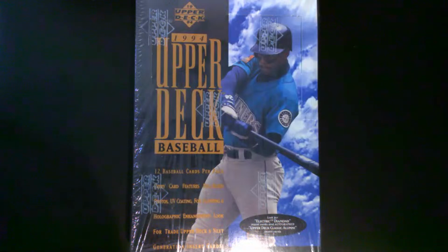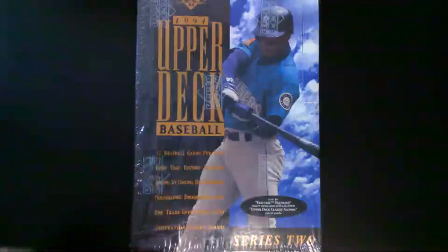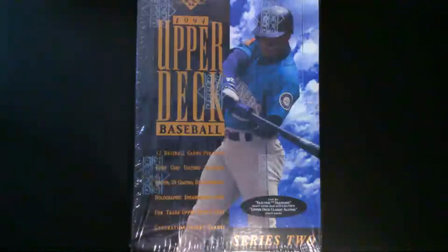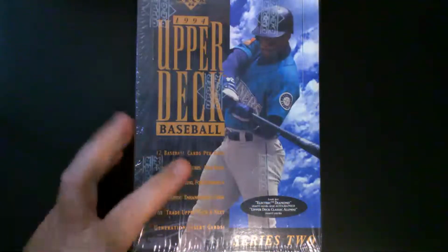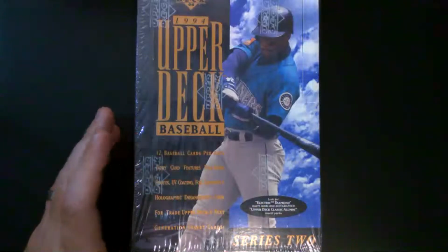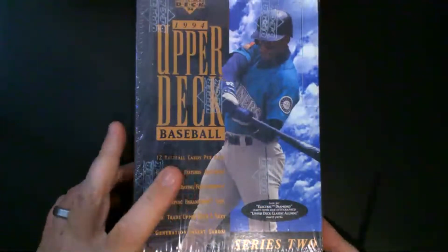Upper Deck tried something in '94 where they had Central, East, and West divisions or whatnot, and the cards were specific to those regions. So the big card in 1994 in Upper Deck was Michael Jordan, and he was in the central boxes, whereas in the eastern boxes you didn't get quite as much. So that idea kind of fell flat, not only with fans but with the actual hobby shop owners as well. So they ditched that,